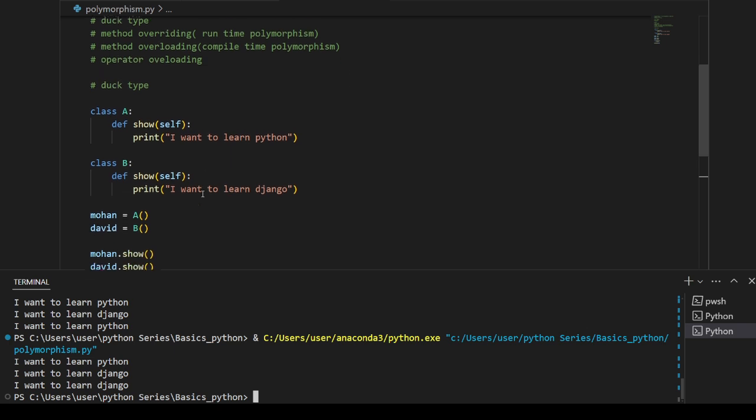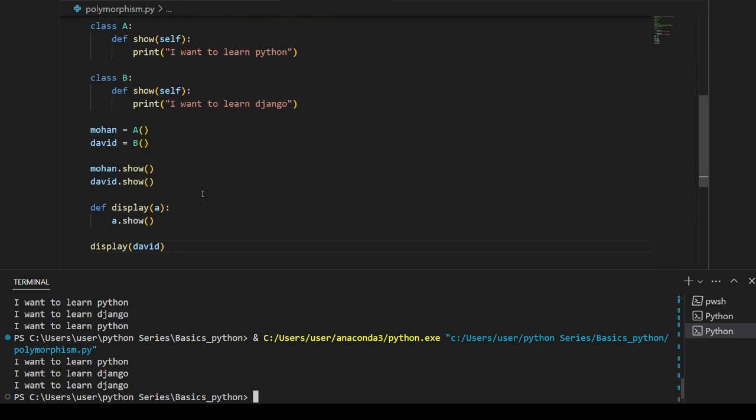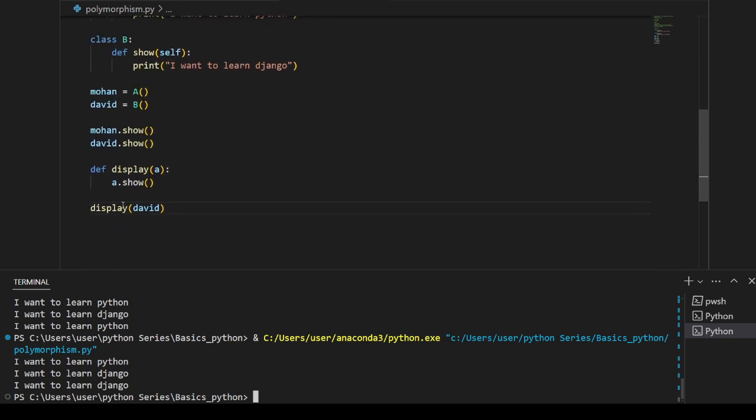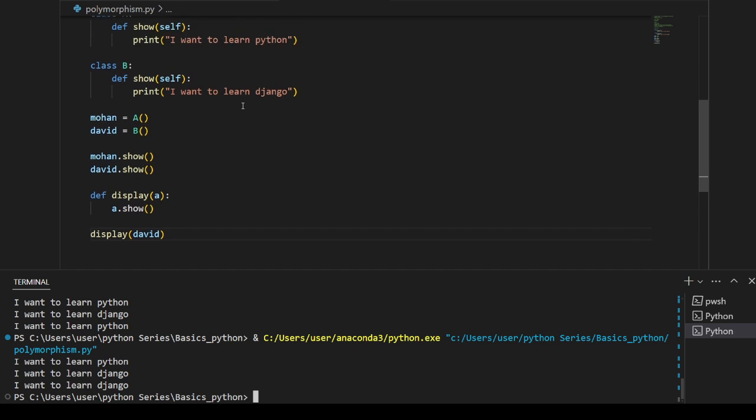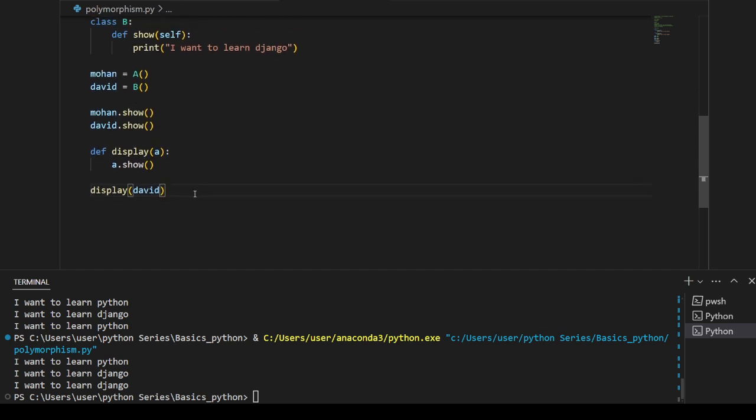situation. So here also both methods are using the display method, but according to the context it is printing whether to print I want to learn Python or I want to learn Django. Okay, so that's the thing. So we'll move on to the next one, that's